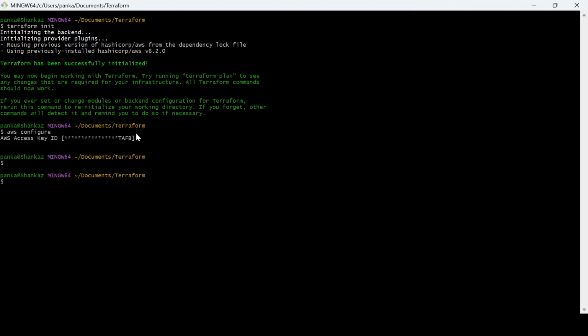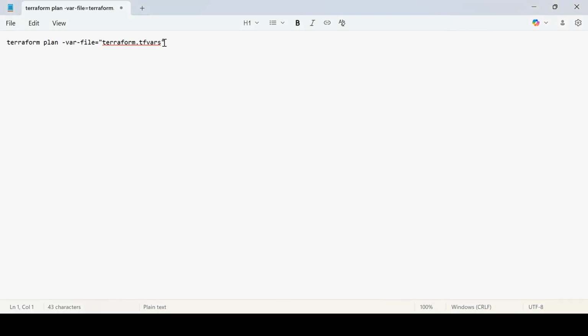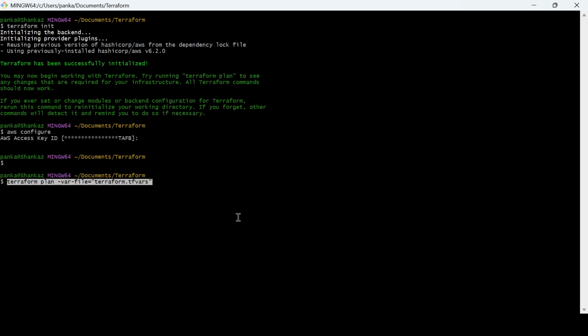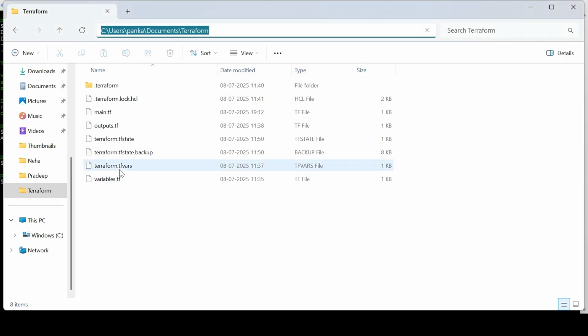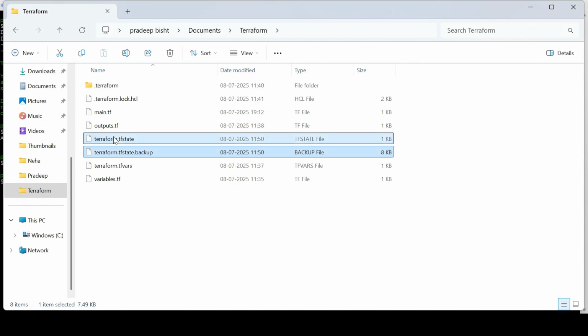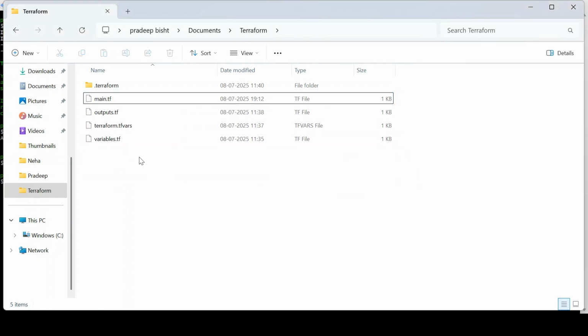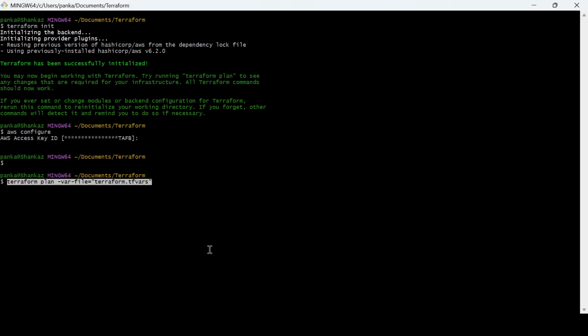Okay, I have already run the initialize command. The next command is the Terraform plan command. So we won't run apply directly. We don't apply; we first check what is going to be provisioned. Before I hit Terraform plan, let me delete these things so that you will come to know what exactly they are. I have kept these 4 files which I already explained. So I'm going to run this command